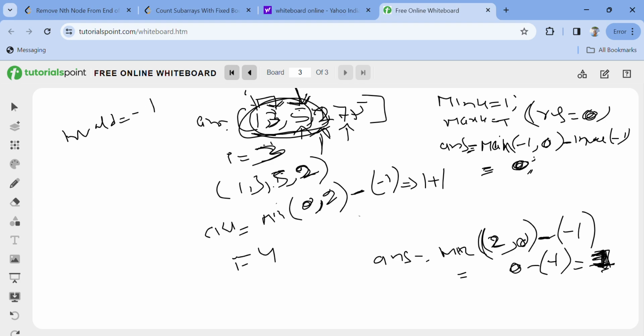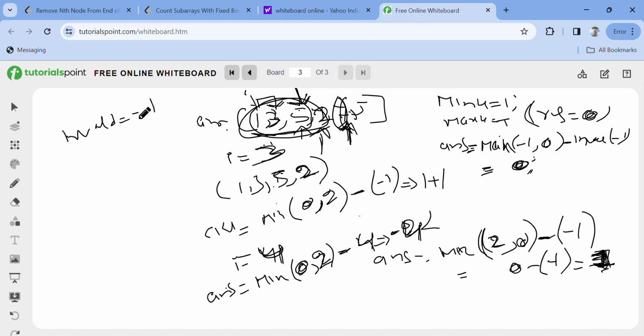I move to index 4. Whenever I move to index 4, 7 is out of bounds, right? The element is out of bounds. It is greater than the maximum element. So if I consider 7 in the subarray, it violates the condition, because in the subarray the maximum integer should be 5, but it is 7, so it is invalid. So just apply the formula. Minimum is 0, maximum is 2. We found the invalid element at index 4. It is going to give